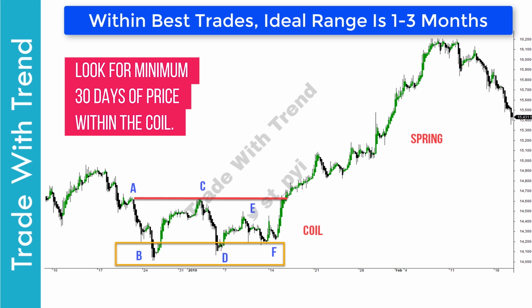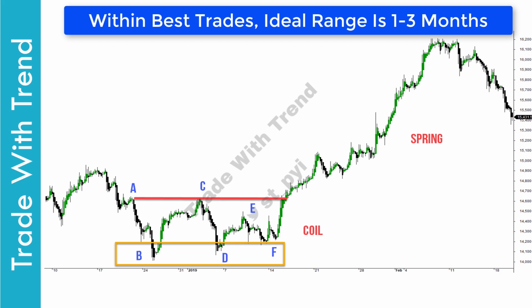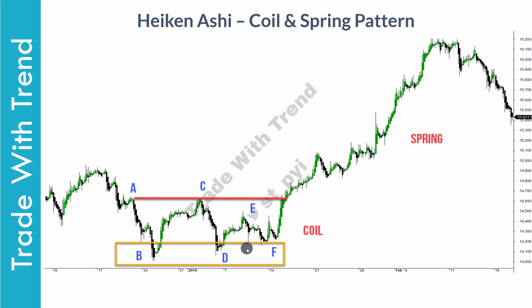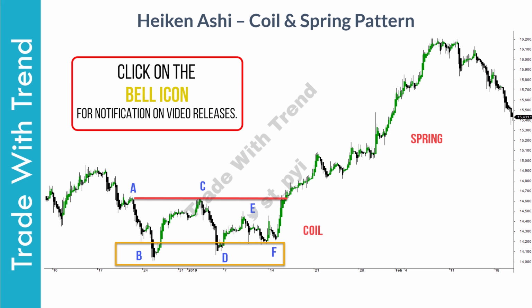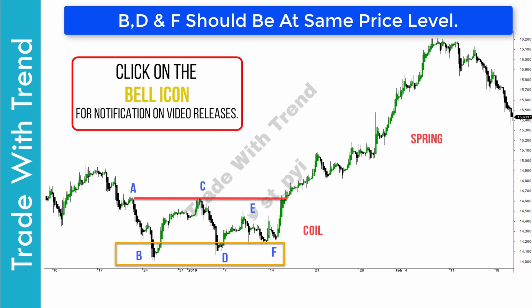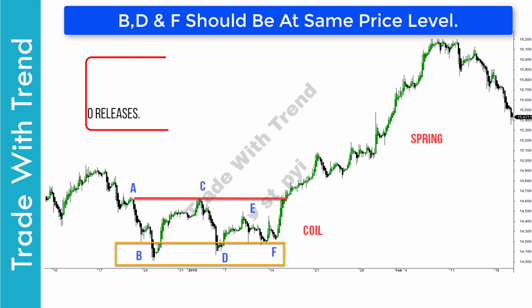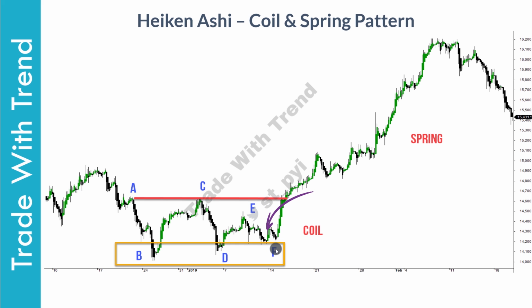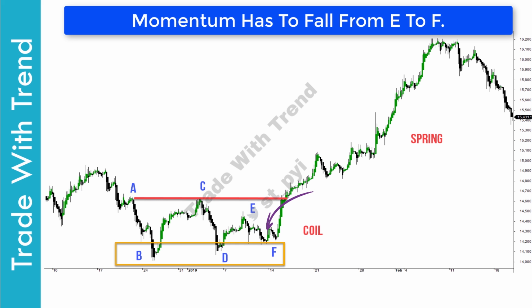This is the range that I found which delivers the optimum risk reward ratio. While price is contracting in a range, points B, D and F should be approximately at the same level as marked in the chart. But with each swing wave that you see, it is important for momentum to fall. This especially applies to swing move E to F. Now there are some other specific rules and filters we need to apply, and we will see this in later slides.